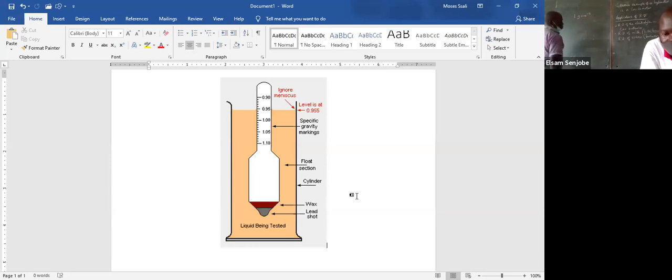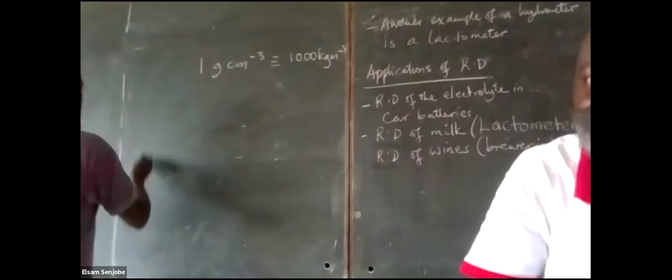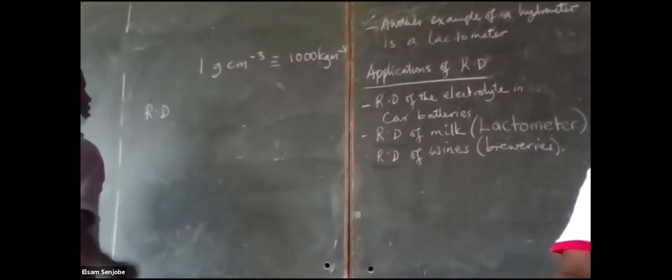What is the other unit? What is the equivalent value in kilograms per cubic meter? Okay, someone give us the other value. Okay, for time, we are saving time. It is in kilograms per cubic meter. Is that okay? Now we have said that relative density